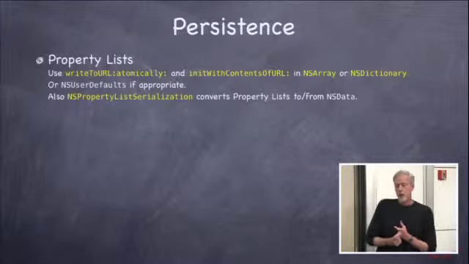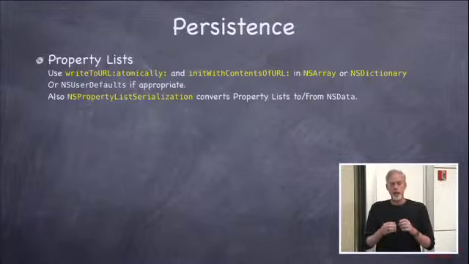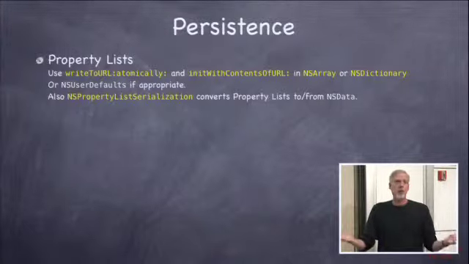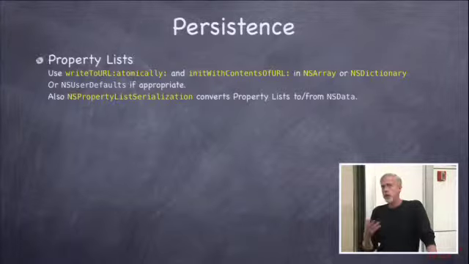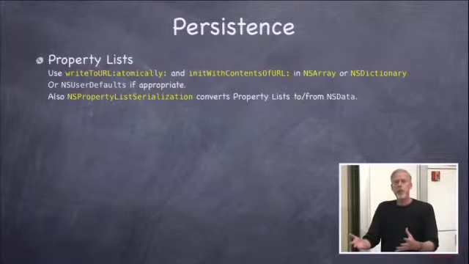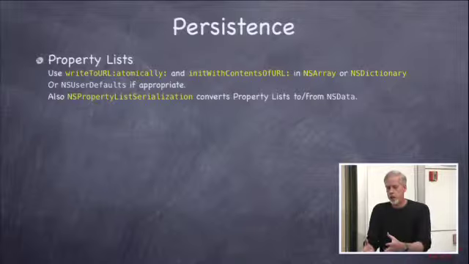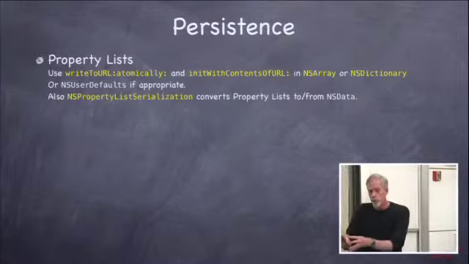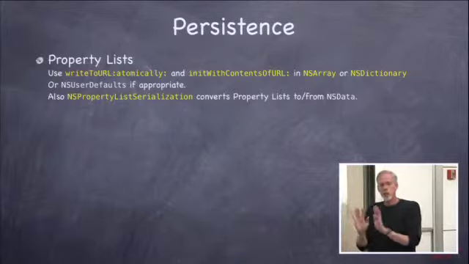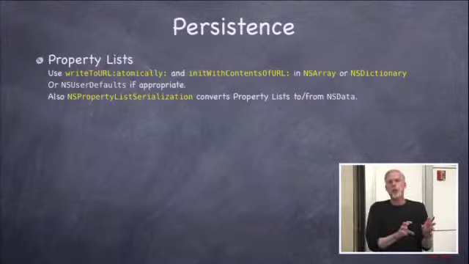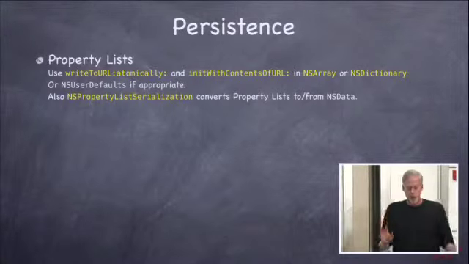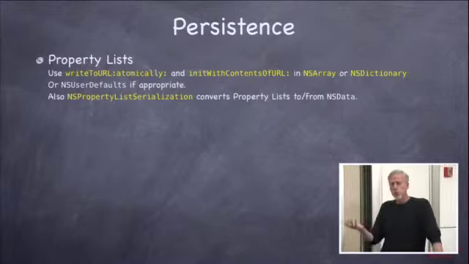So all this does is you send it to an array and it writes it out to a URL that you specify in your file system. We're going to talk about the file system in a moment here. And atomically just means that if that file already exists, it moves that file aside, writes out the new one, closes the new one, and then, or actually probably writes it to a new file with a temporary name, closes it. Once it's there, then it moves the other one out of the way, kind of atomically. You know, you can't get in a situation where it's half written, right? That's all atomically means. But so writeToURL, and then to get it back, you can do initWithContentsOfURL,